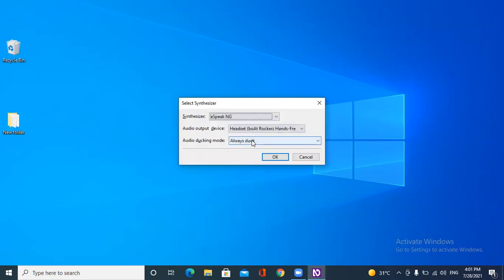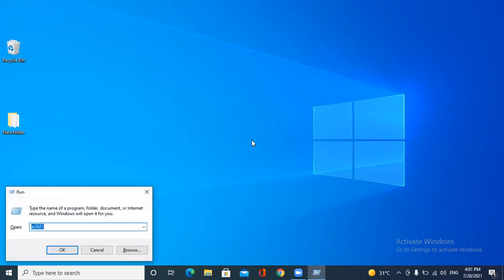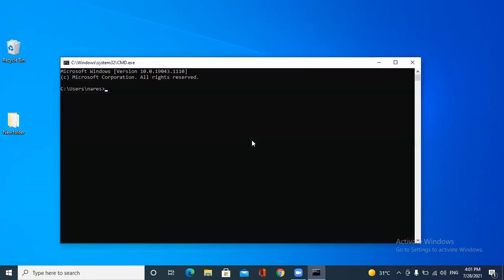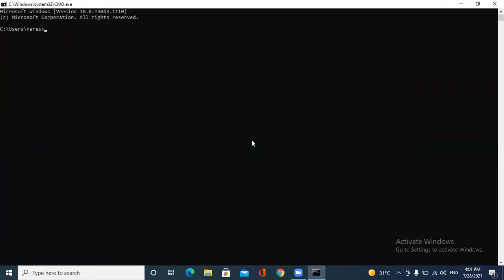For that we have to open our command prompt. I have opened my command prompt. Here we have to go to our folder, the folder in which those files are, or from which we want to make a list. I am going to my E drive. I have a folder here called 2021. To go to a folder, we use the CD command: CD, space, the folder name, enter.